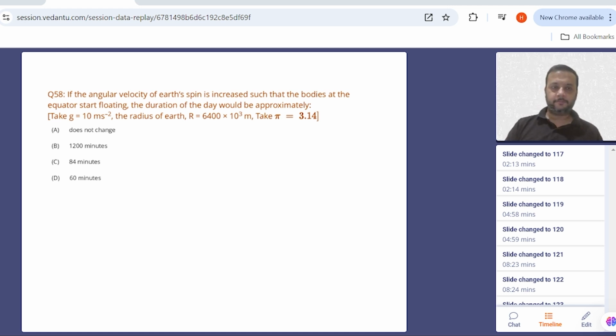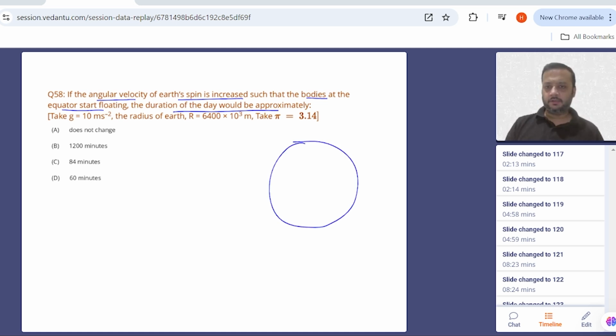let's look at this question. If the angular velocity of the Earth's spin is increased such that the body at the equator starts floating, the duration of each day would be approximately. It's a very famous question. So we know that if this is an equator, and suppose if you choose any point P at a latitude of phi,